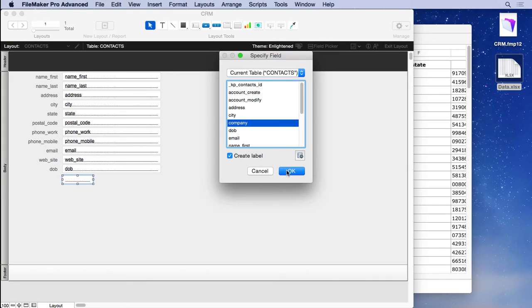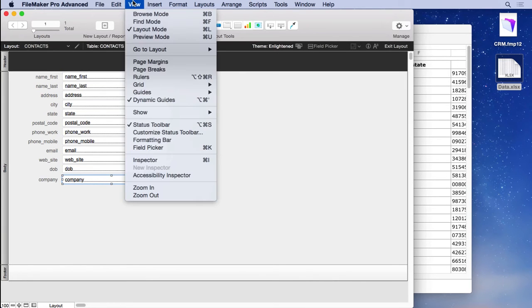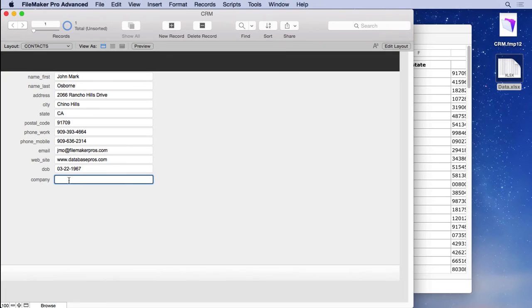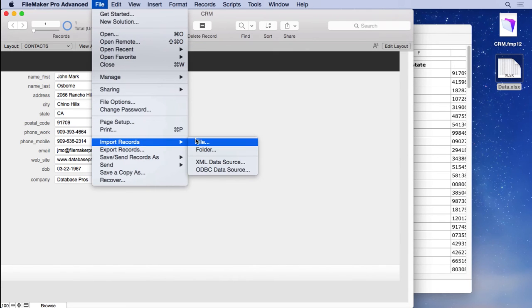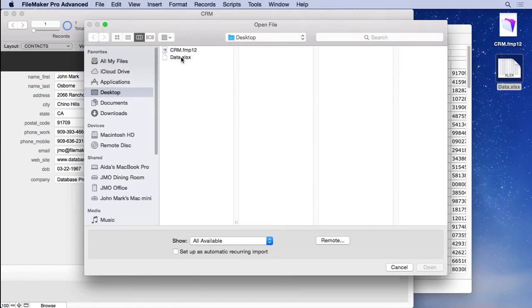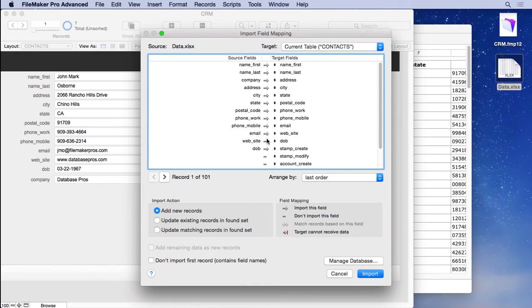We simply choose what we want, choose to have a field label, and then we can grab this little anchor here and move it to the same size as the other ones. Go back to Browse, and now I can enter in that information. Now we can go back to our import, which I canceled earlier, locate that file, and we see that that company field's all the way at the bottom, but I can simply choose matching names,